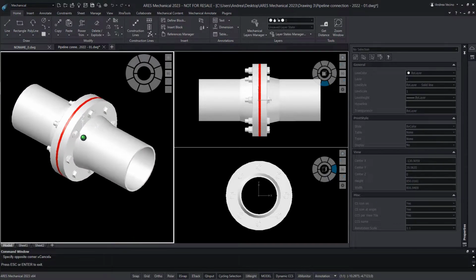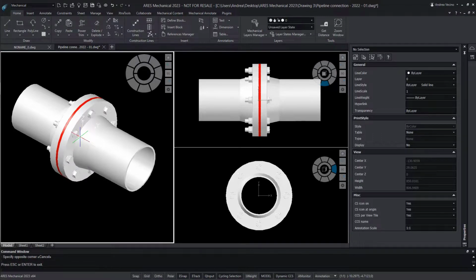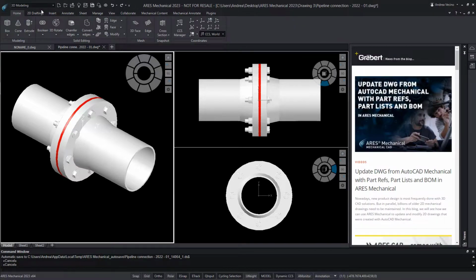This is the STEP file we have imported. I created 3 floating viewports to see it from different angles. While only geometry was imported, it is nice to visualize the object inside Ares Mechanical. Note also that the 3D geometry we obtained is made of 3D solids, so we can further use the 3D features that you can find in the 3D modeling workspace.